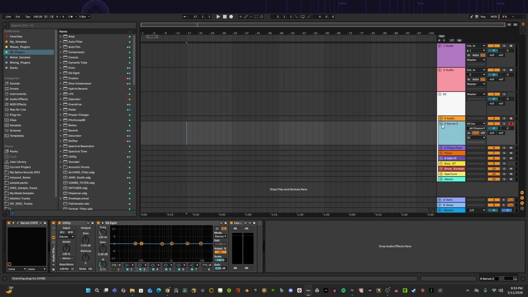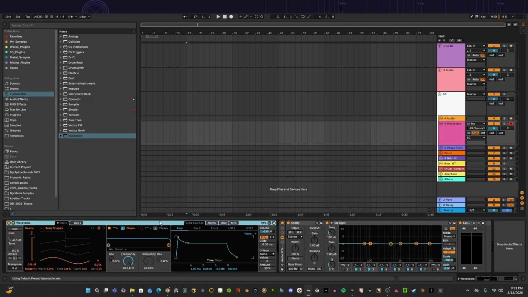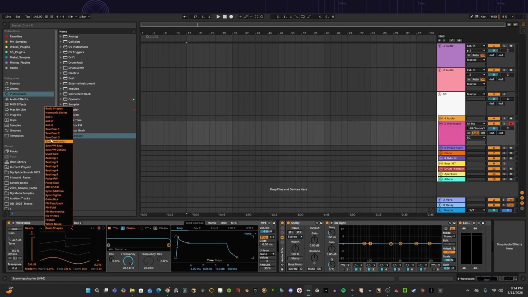But anyway, we're not going to use Serum. We're going to use something that everyone has in Ableton. This time I'm going to use Wavetable. Wavetable is basically Serum, but down to the bare bones. Serum has a lot of effects and a lot of interesting things you can do, but at the end of the day, a lot of dubstep producers use wavetable synthesizers, which have all these different pre-made